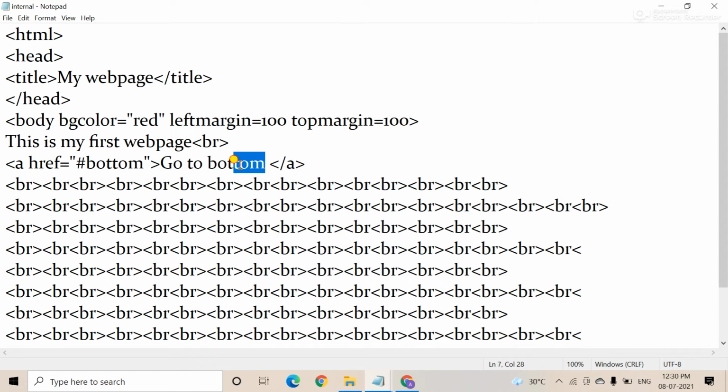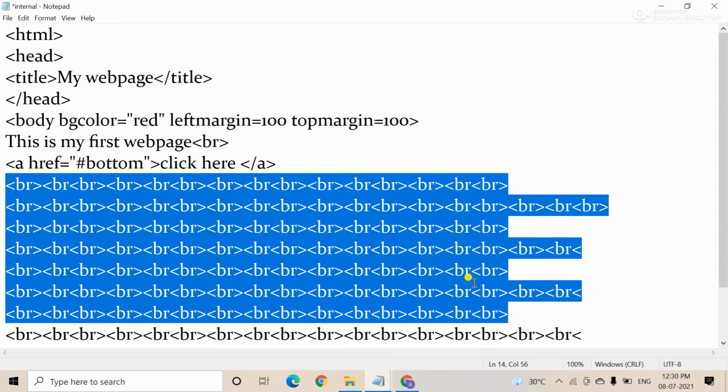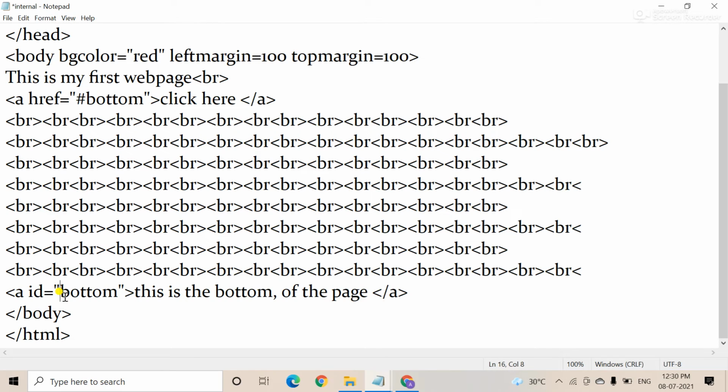Suppose click here it is best, so I am writing here click here. And see, here are so many br tags. So many br tags, I used br tag for the gap. Actually here is the top and here is the bottom. Okay, here is the top and here is the bottom, right?